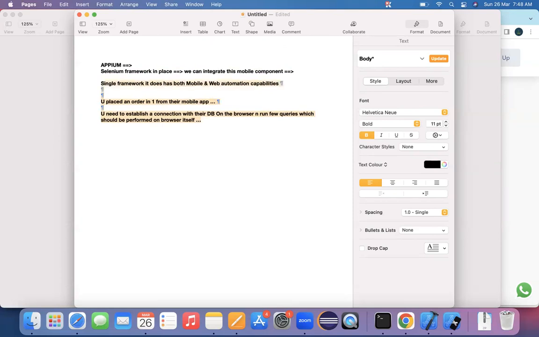So these kinds of requirements exist where a framework should have both mobile and web capability, so that with a single run itself, you can get both the results. That's the ultimate point we are going to achieve.